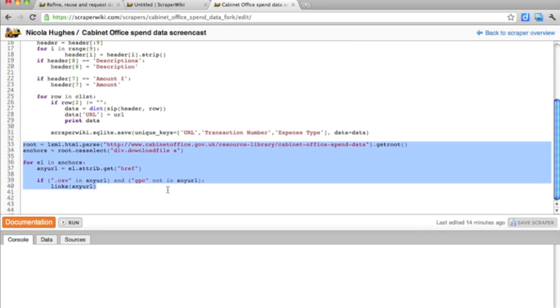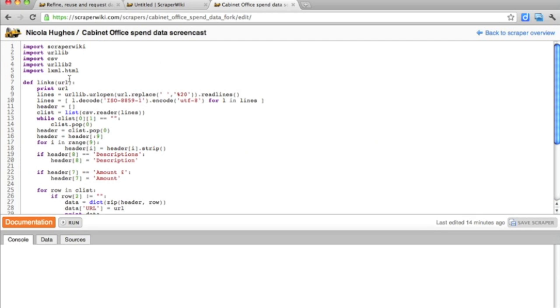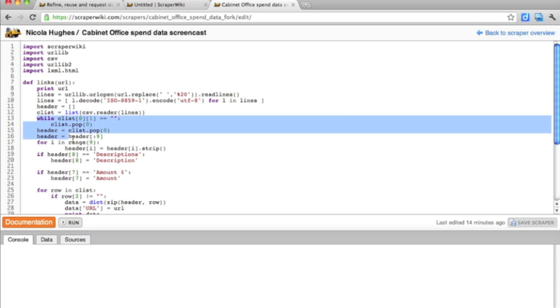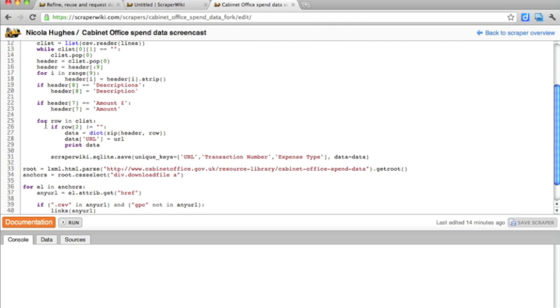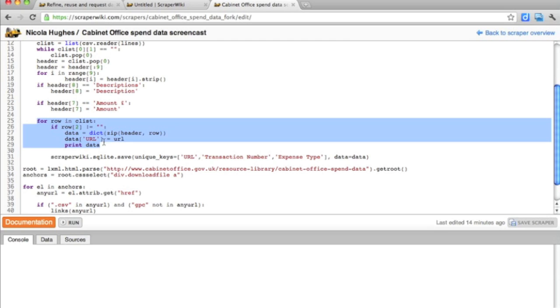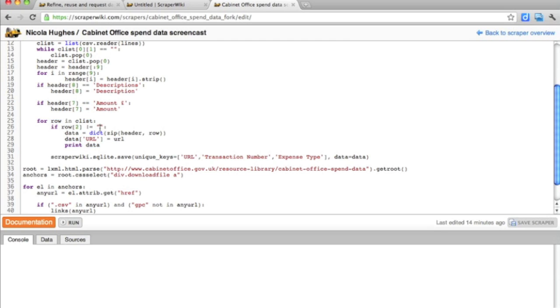I need to get the links that have CSV files in them. Once I'm in there, I need to go in and read all the lines. I need to pull out the headers. Sometimes the headers are actually different, so I need to fix that. And then I need to restructure again, making sure I know where the end of the file is, and saving it into ScraperWiki using